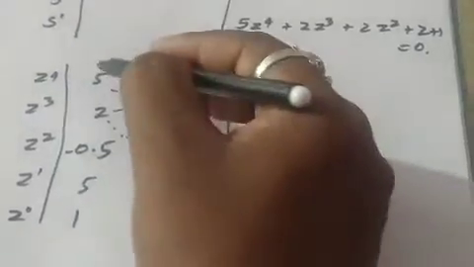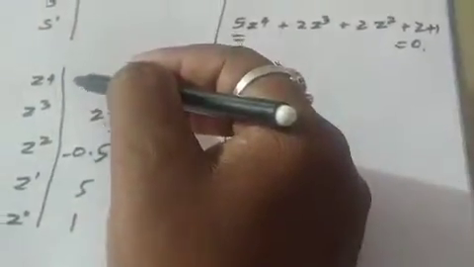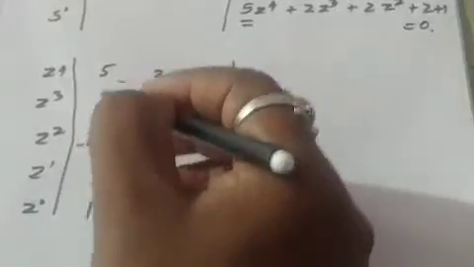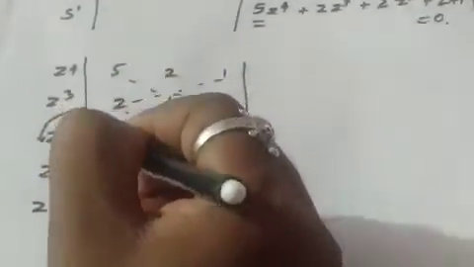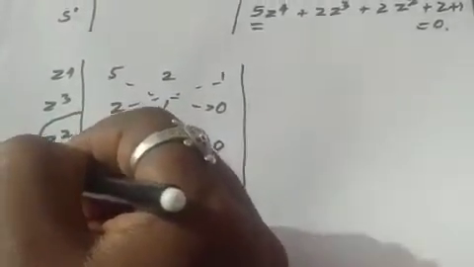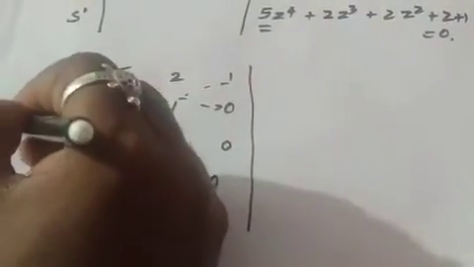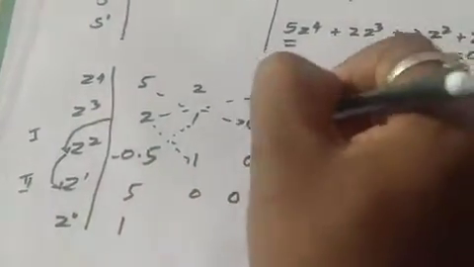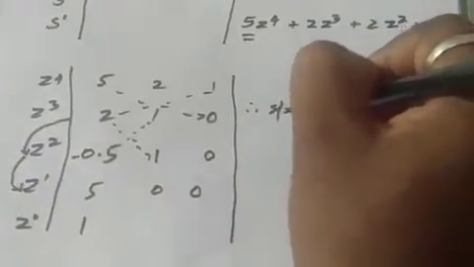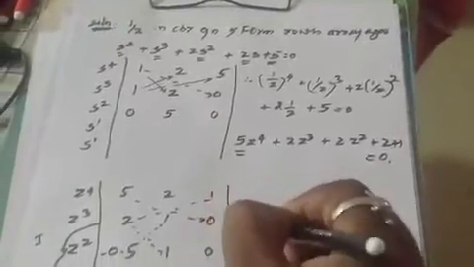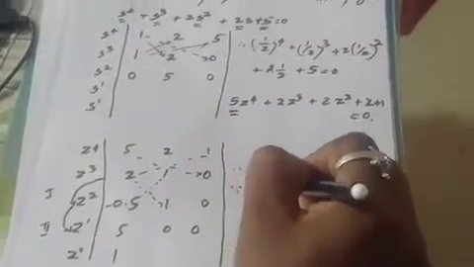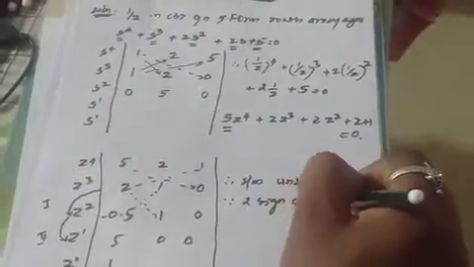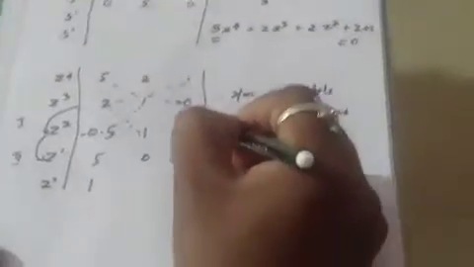What you have to do? You check in the first column whether any sign changes are there or not. See here, you are having one sign change from positive to negative, and from here to here, positive to negative. So this is the first fold, this is the second fold. So sign changes mean what? Your system is unstable, because you are having two sign changes in the first column of the root table.